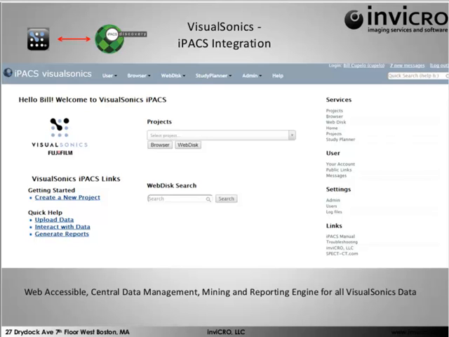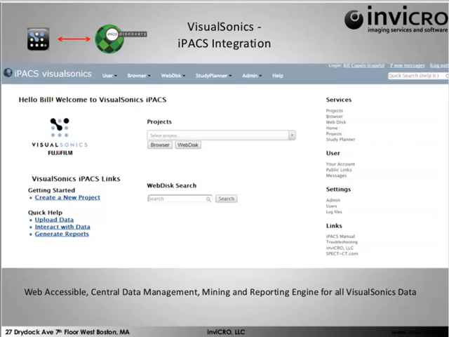And so what we have here is a solution within the iPACS platform, what we're labeling as the VisualSonics iPACS, which allows users to access their data through the web in a web browser or other terminal access means. But more importantly, the data is now centralized and accessible to the entire team in real time. So as data is generated off of the instrument, it then can be made available to people working outside of the lab, either remotely or at their desk, and then take advantage of the powerful data mining and reporting capabilities